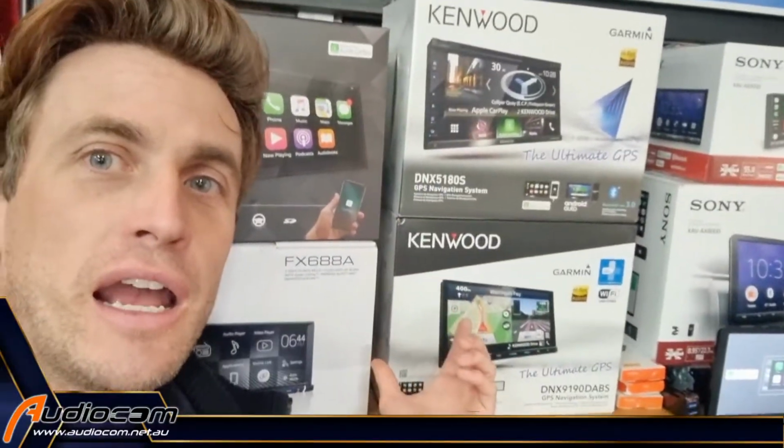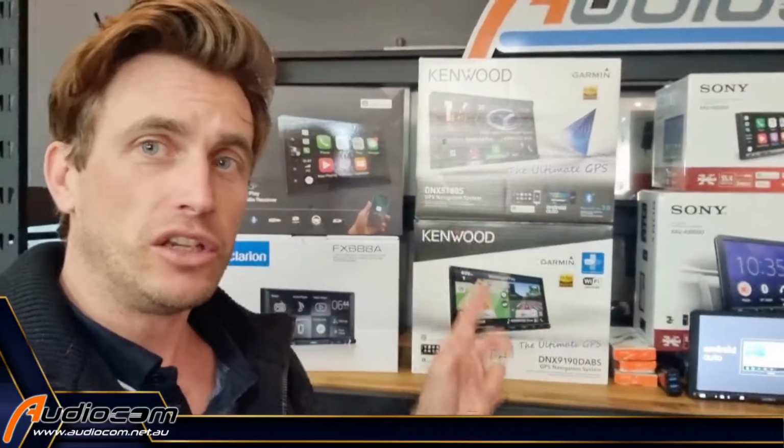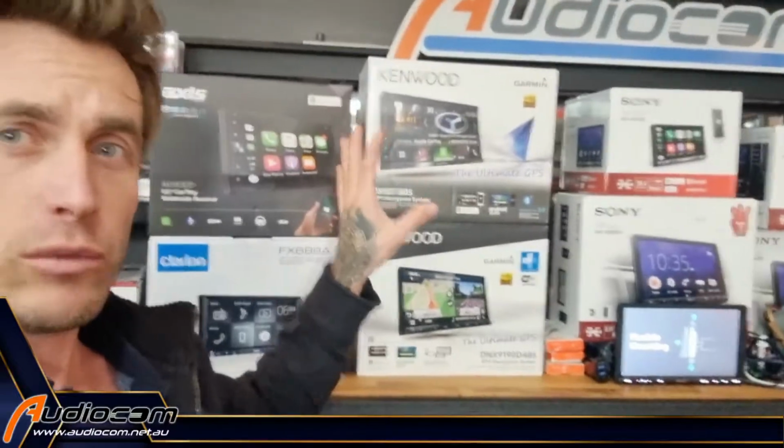Now, the Kenwoods are very, very popular. We've got a 7-inch and a 6.8-inch there. They still have the disc player mechanism, which is a unique feature for those units. All of the other ones on the market here, the Alpines, the Sonys, the Boss, the Clarion, the Axis, none of them have a disc mech, but these two Kenwood units have both disc mechanism, built-in navigation, as well as Apple CarPlay and Android Auto, and they both support wireless Apple CarPlay and Android Auto,